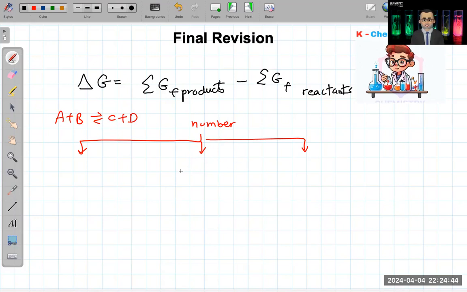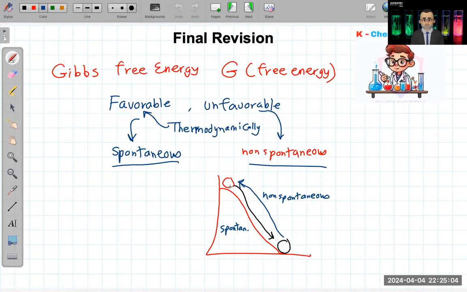The first possibility is that delta G will come equal to 0. If delta G, which means the change in free energy in the reaction, is equal to 0, this means that the reaction is in equilibrium. So it's not favored to the front or to the backward. It's the same as I'm saying here: this one is favored going from up to down or down to up.